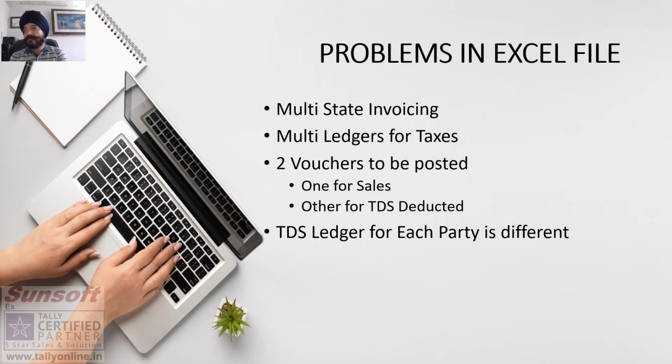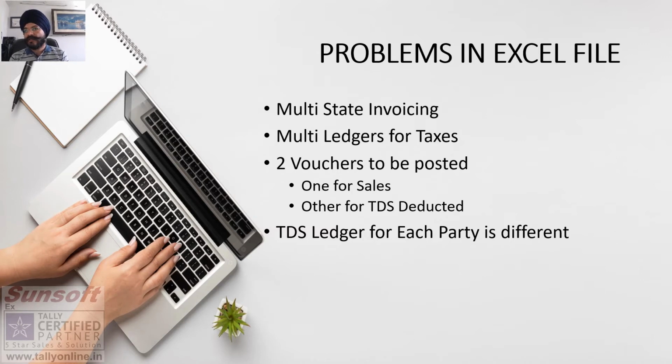So first issue is that the client is having multi-state invoicing. That means from a single company he is invoicing through multiple states. His issue is that he has multiple GST numbers in various states and then he is invoicing from there. And there are multiple ledgers for taxes since there are multiple states, so all the ledgers for the taxes are